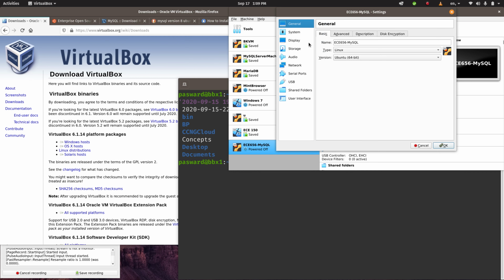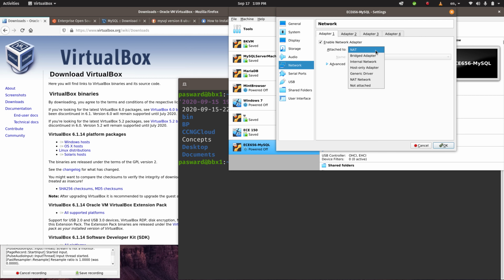Okay, we're going to go over to settings and network. There are 4 potential adapters. You'll notice that 3 of them are not enabled. Only one is enabled, and it's enabled as NAT. You can leave that alone, it's fine, but it's not going to be enough because you wouldn't be able to connect to the machine from your machine. You would be able to run it, and it would be able to have network access, but it wouldn't be able to run itself. So we will set a second network adapter, and we're going to say that's a bridged adapter,